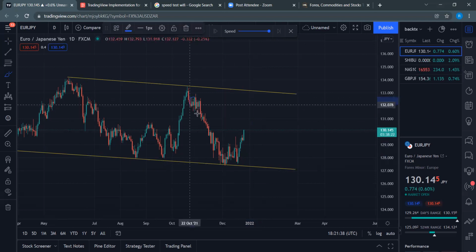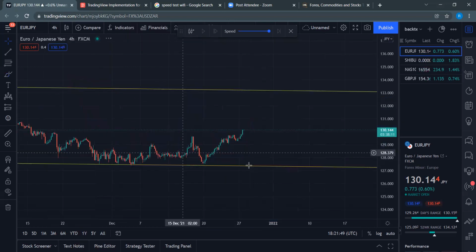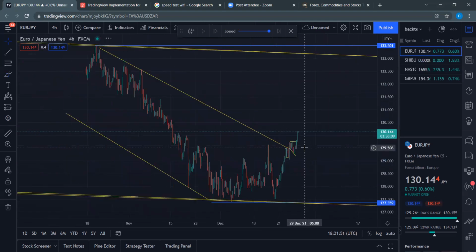We can't see these corrections here on the daily. But when we go to our 4 hour now, here on our 4 hour now,